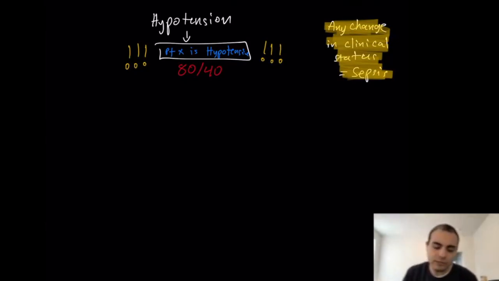So let's say you get paged, patient is hypotensive, 80/40. Okay, so you're going to see the patient. Okay, and the first thing,